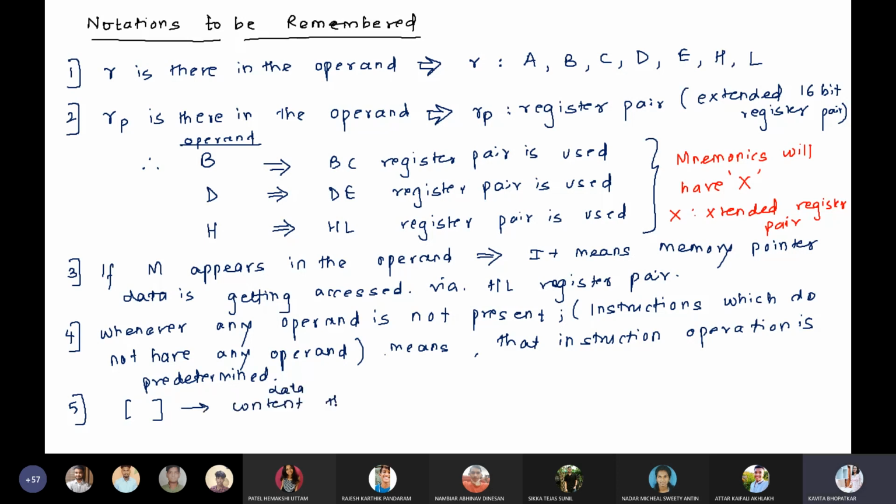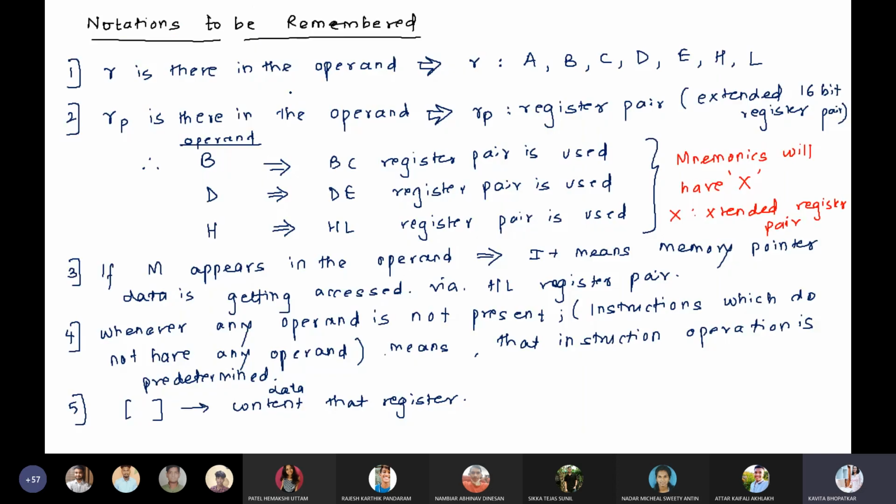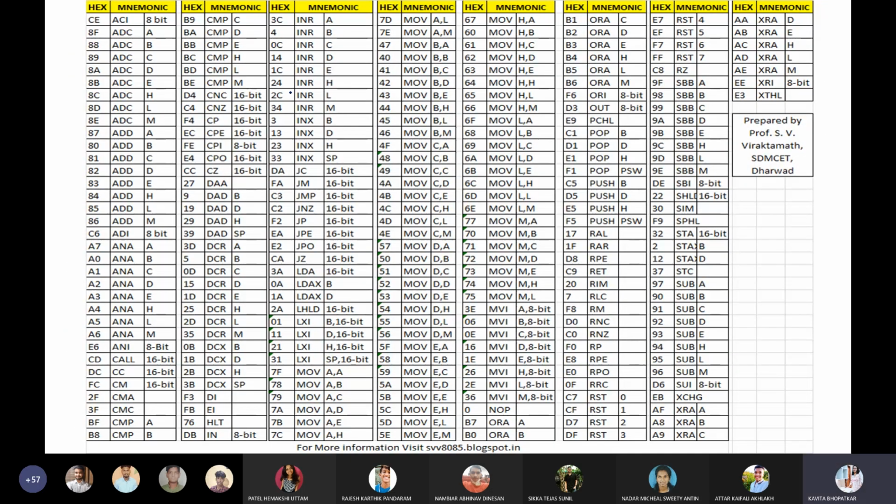Data content of that register. Square bracket का मतलब है data content. हाँ? तो फॉर्मेट का मैम प्री डिटरमाइंड का मतलब क्या है? पहले से ही माइक्रो प्रोसेसर को पता है. ओके मैम. पहले से ही पता है, जैसे कि यहाँ पे इधर क्या बताऊं मैं,